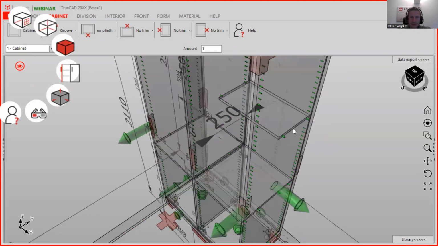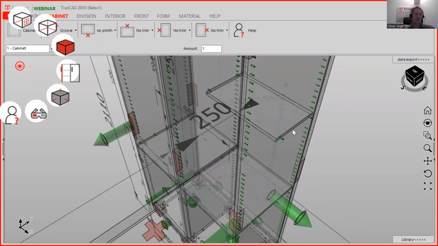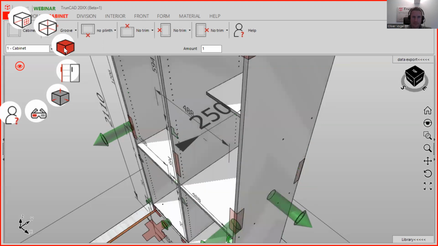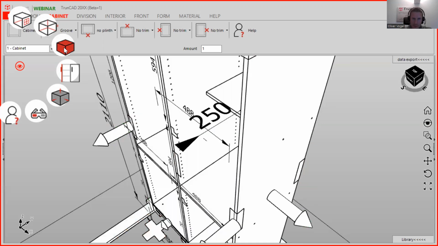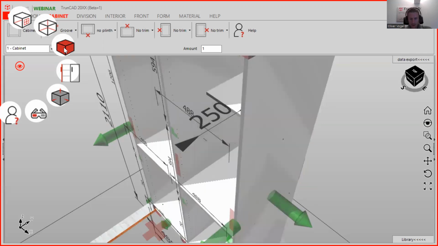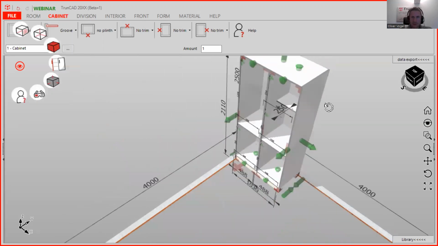You see here, this is adapting. It wasn't like this before. It's also an improvement. So I will go back to the normal view. And then we can go to